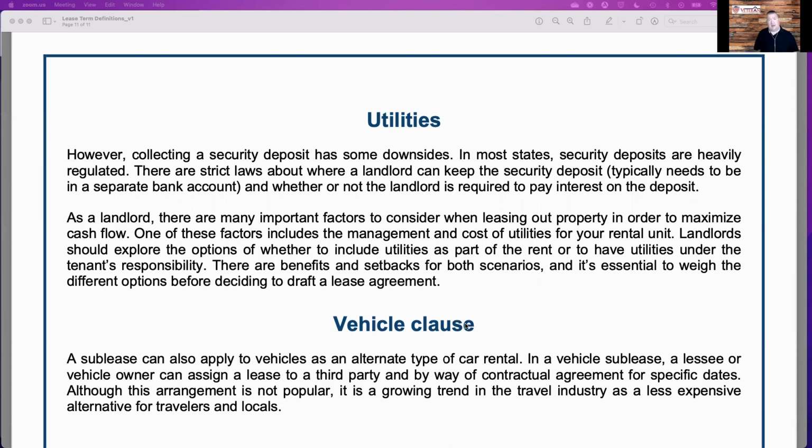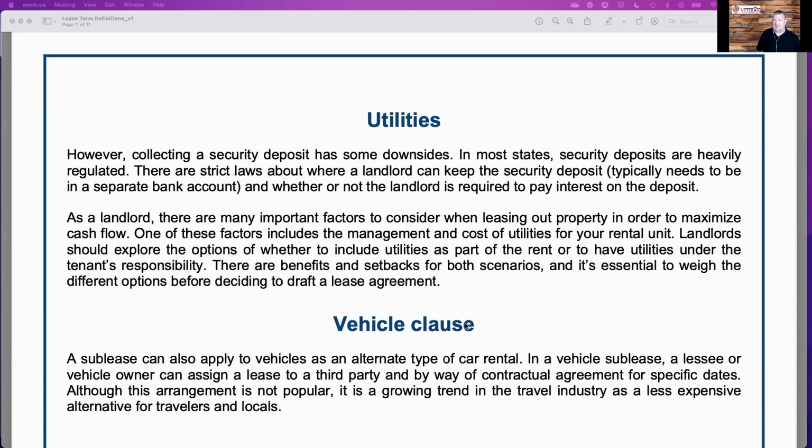For instance, our utility clause says things like utilities must be maintained throughout the life of the lease. We've had people in our area actually turn off the gas, which is primarily used for heat and hot water. In the summertime they'll stop the gas when it gets warmer and they just won't have hot water because they don't want to pay a gas bill, and then they'll turn it back on in the wintertime. Well, that's not allowed. You can put in your lease that utilities must be maintained throughout the entire lease term to make sure it's in sanitary condition. Because if they don't have hot water, then they can't really clean things very well either. So those are just things that need to go in the utilities area.